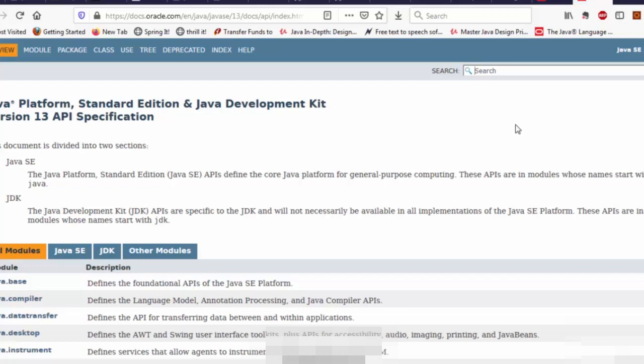So the Java API is nothing but it describes the Java library, okay, which contains the predefined functionality that we Java programmers can use. And most of this library, the predefined functionality, is in the form of classes. Classes are fundamental units of the Java language. Okay, a class is a very fundamental unit, and a Java library has tons of classes, thousands of classes, and they're all packaged into something called packages. And very soon we will also write our own first Java class, and within this course we'll be writing a lot of Java classes, but the library itself comes with a lot of classes.